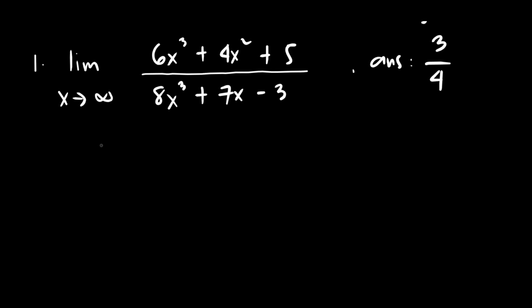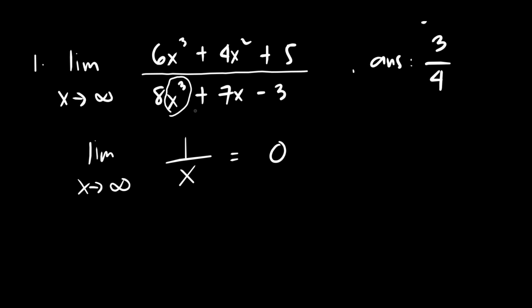limits at infinity, we know that as x approaches infinity, 1 over x is just equal to 0, right? Because infinity is a big number, so 1 divided by a big number, let's say 1 million, is just 0.00, so approximately equal to 0. So for this one, we'll find the x variable in the denominator that has the biggest exponent. So for this one, the biggest exponent is this one,